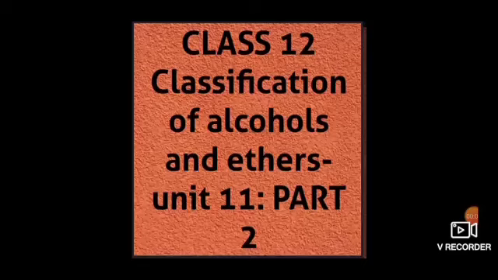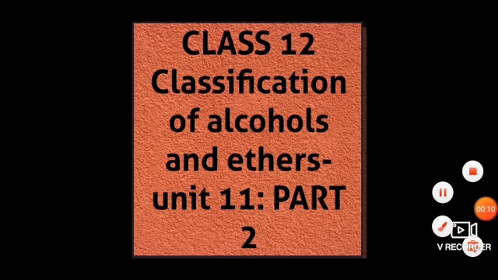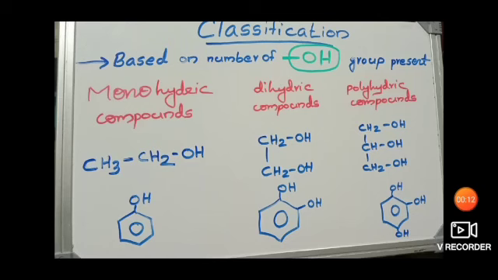In this video, we are going to deal with classification of alcohols and ethers. Classification based on number of OH group present. We can classify alcohols into monohydric compounds, dihydric compounds and polyhydric compounds based on the number of OH groups present